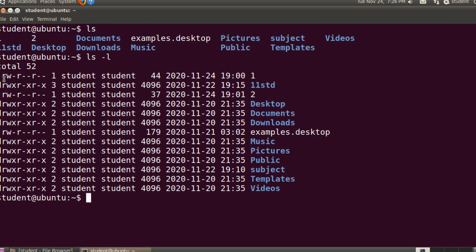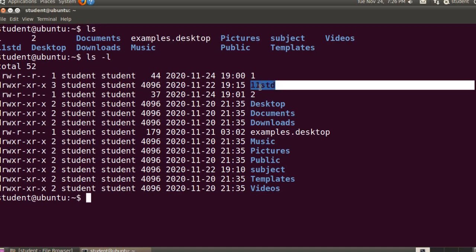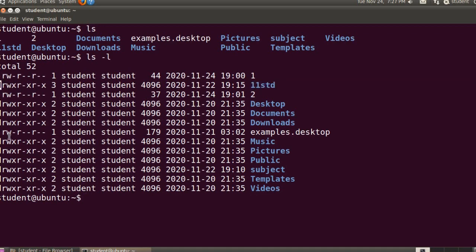The character d refers to a directory. If it is a directory, here you can see 11th B, 11th standard is a directory, then instead of a hyphen it is displaying d. So the first place displays whether it is a file or a directory.